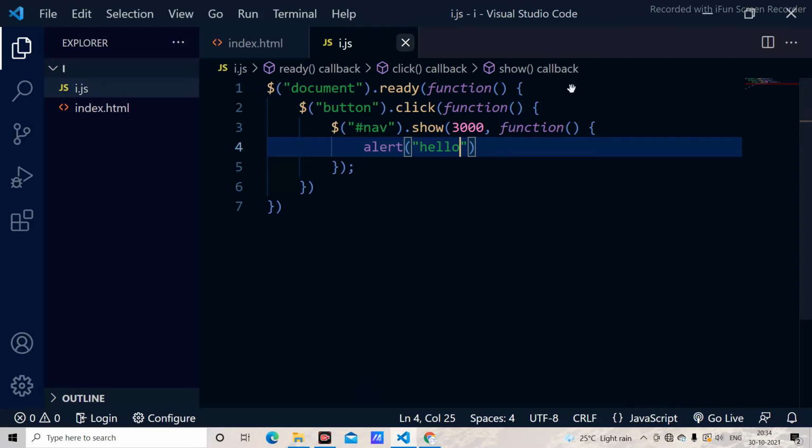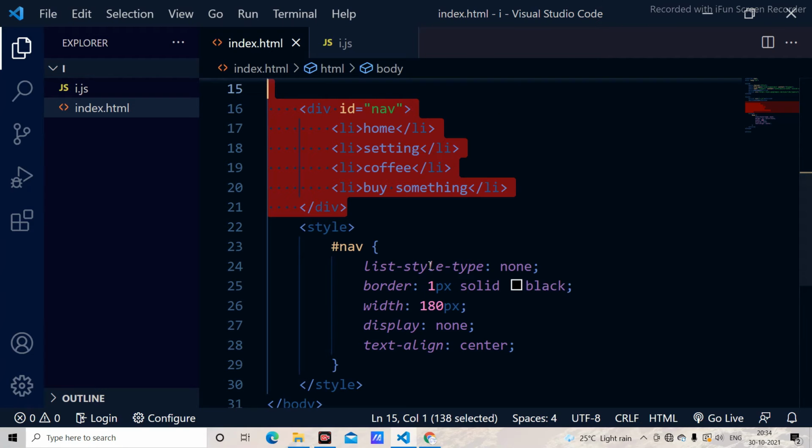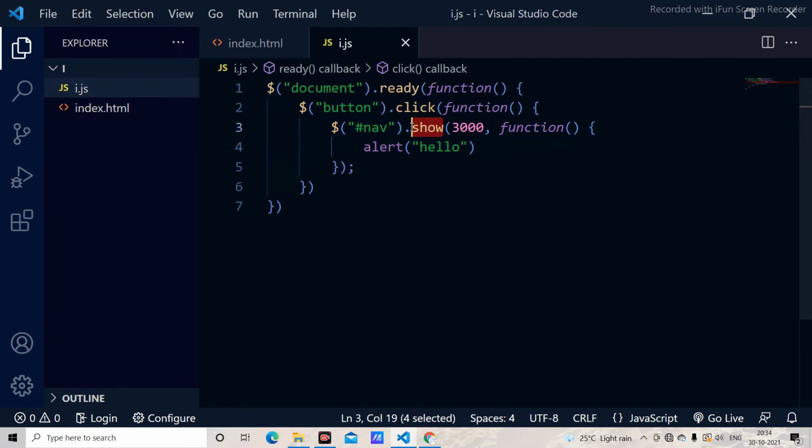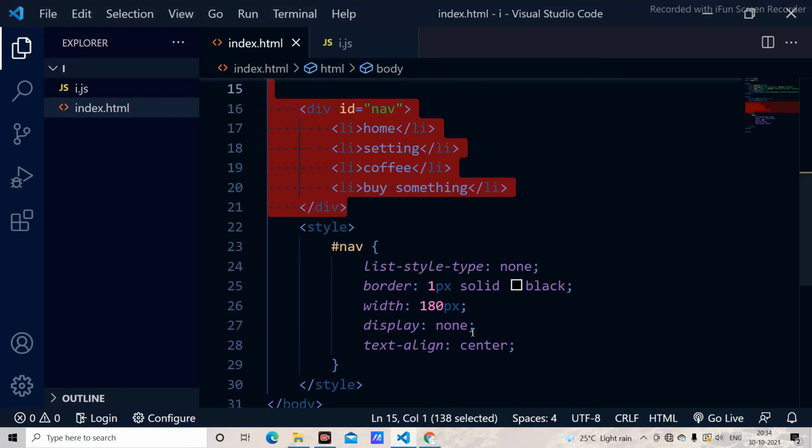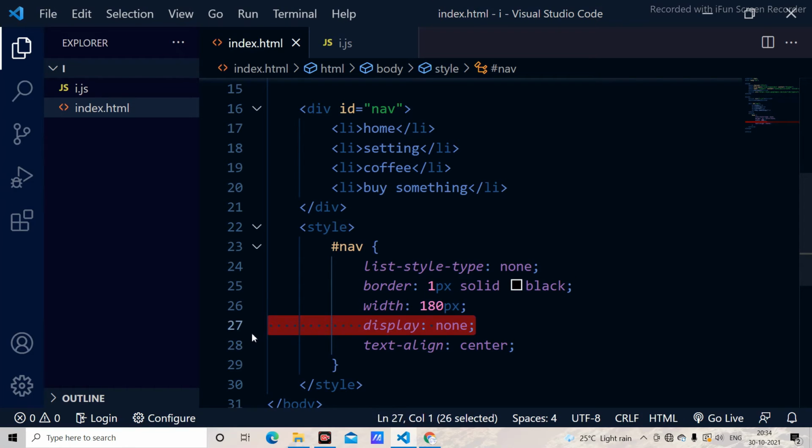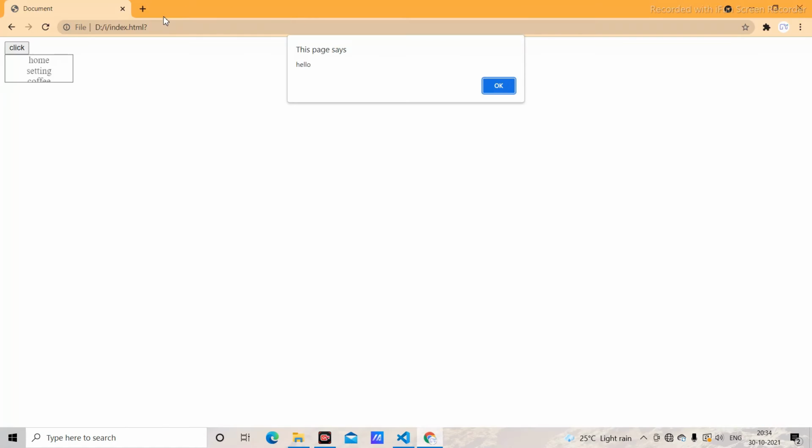And next, after all these things, we are using the toggle. Whenever we use toggle, it is simultaneously doing both things. It is simultaneously doing hide and show. For example, here I am using toggle, and I save it, and here I am reloading the site. As you can have a look at here, wait a minute, we have used display equal to none. I remove this display equal to none, save it, and reload the site. Well, as you can have a look at here, whenever I use toggle, it is showing and displaying.